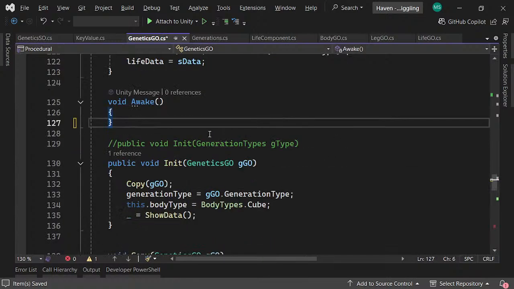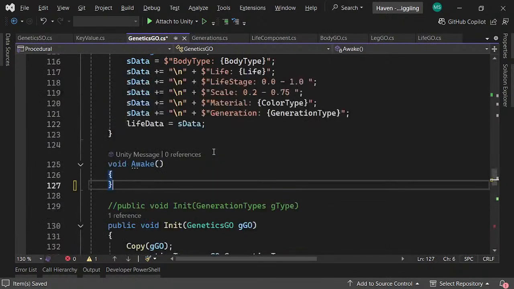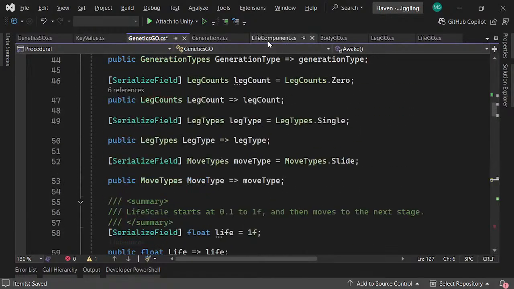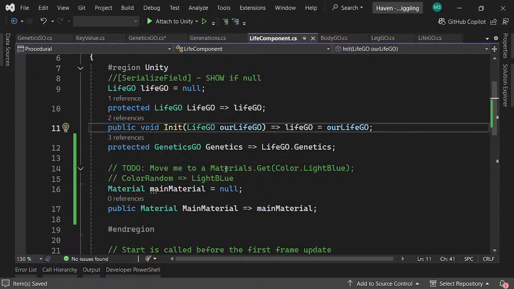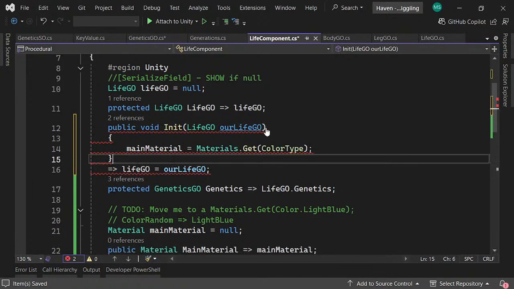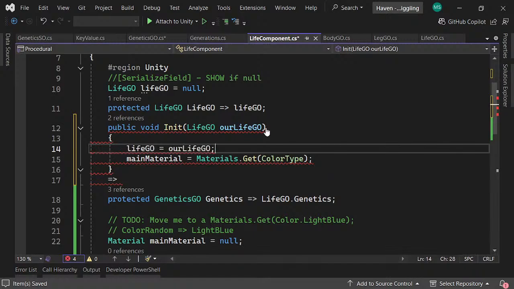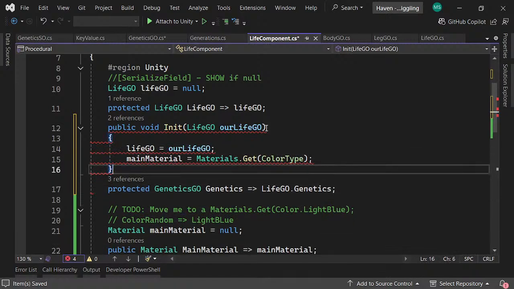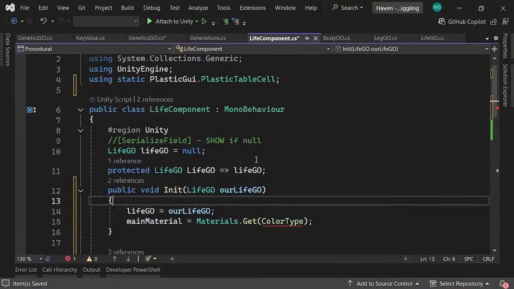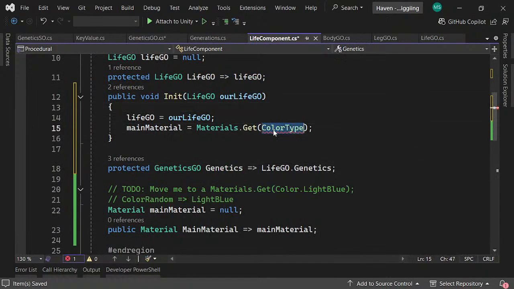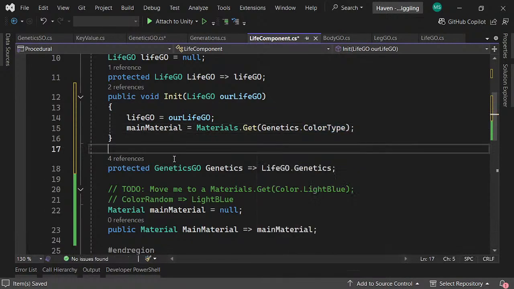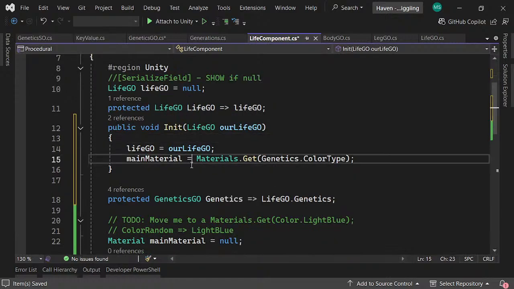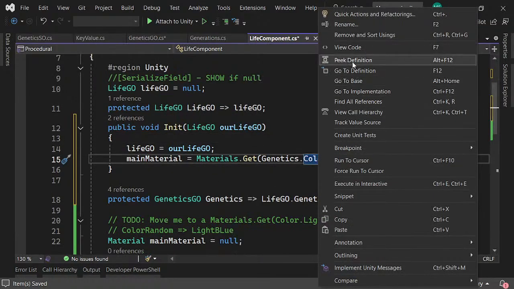which is the main material equals the color type, but I don't want you to do that. I want you to do that on the life component here when you init. So this is going to be the genetics dot color type, right? So it's genetics dot color type. But the color type in the genetics,